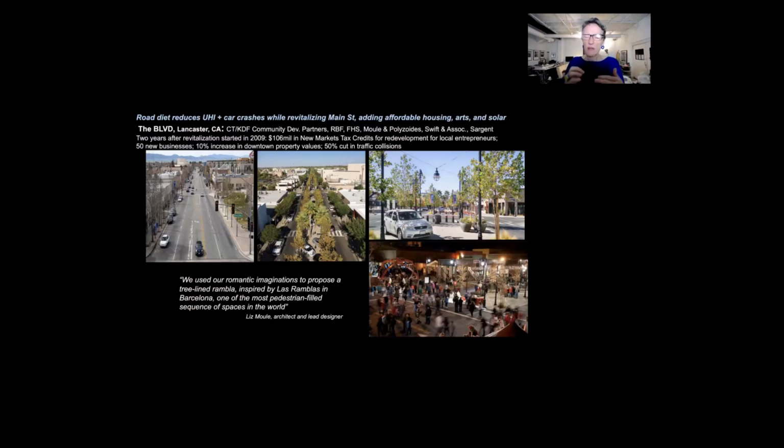It has now become a place. It has become a destination. I talked to one shop owner who said, oh, the mall keeps calling me. They want me to come back. No, I'd much rather be here. It's a local vibe. And so even though most of the time, that parking in the middle is